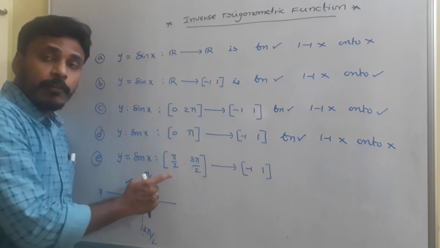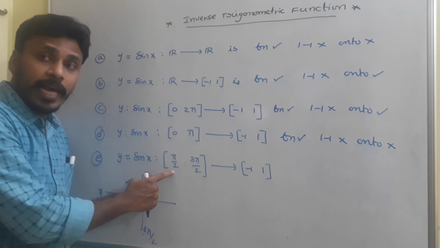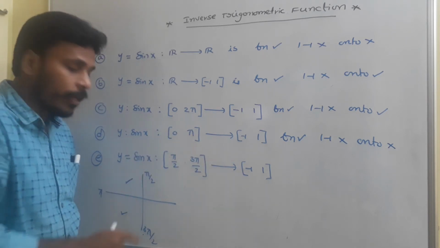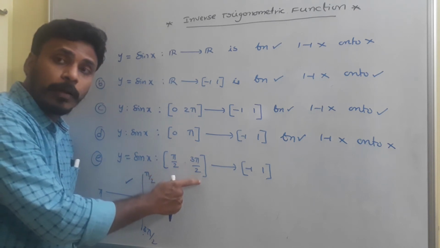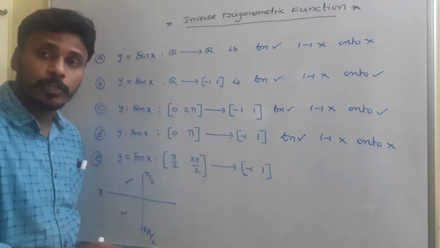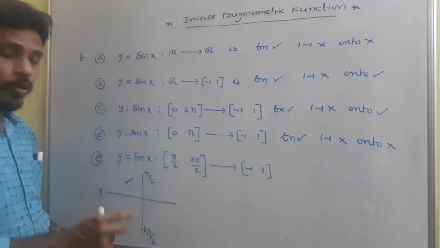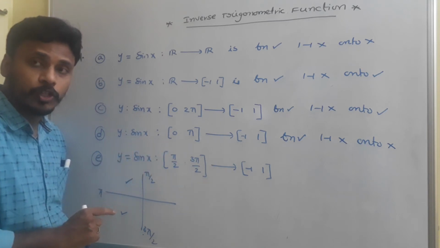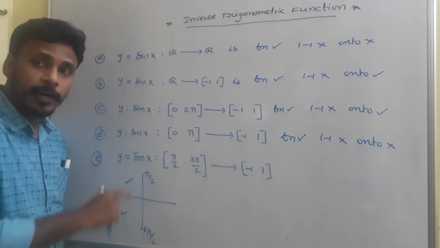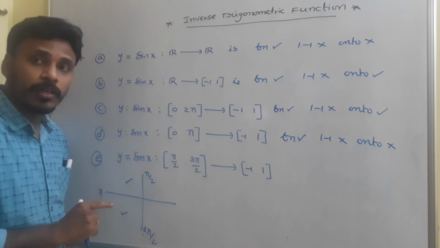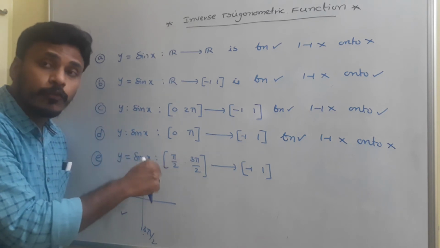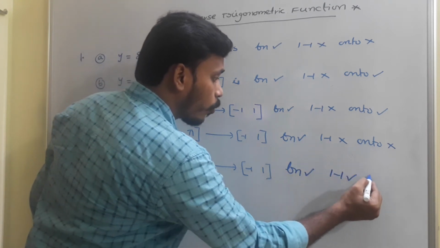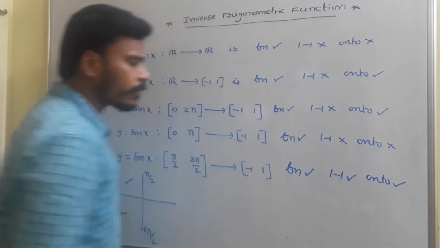So if our inputs x are from pi by 2 to pi, the outputs are from 0 to 1. If our inputs are from pi to 3 pi by 2, the outputs are from -1 to 0, and they are strictly bounded. If the angles are in the second quadrant, the outputs are in the positive region 0 to 1. If the angles are in the third quadrant, from pi to 3 pi by 2, the outputs are from -1 to 0. In such a case, for sure this is a function as well as 1-1 as well as onto. Just have a look.